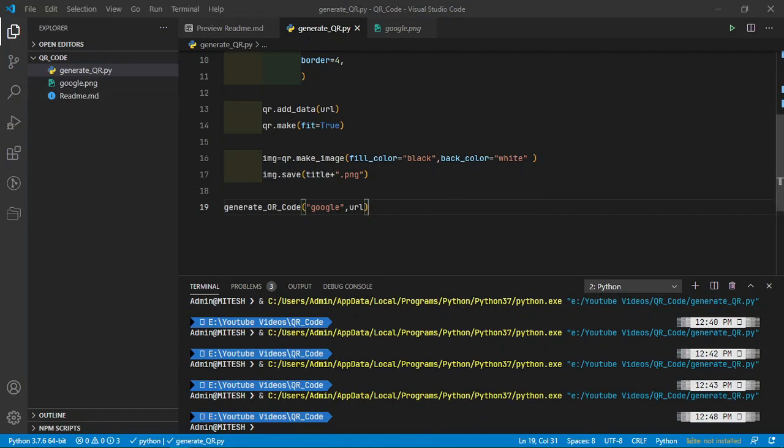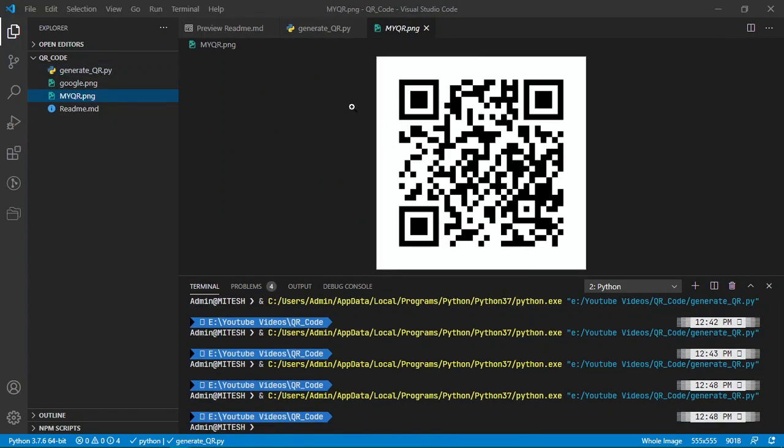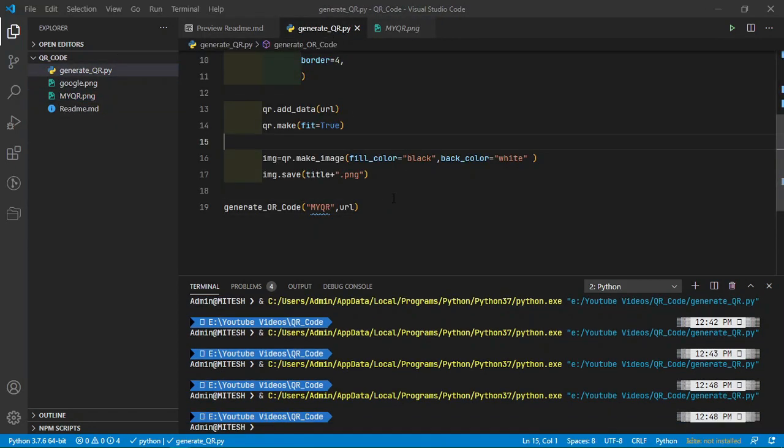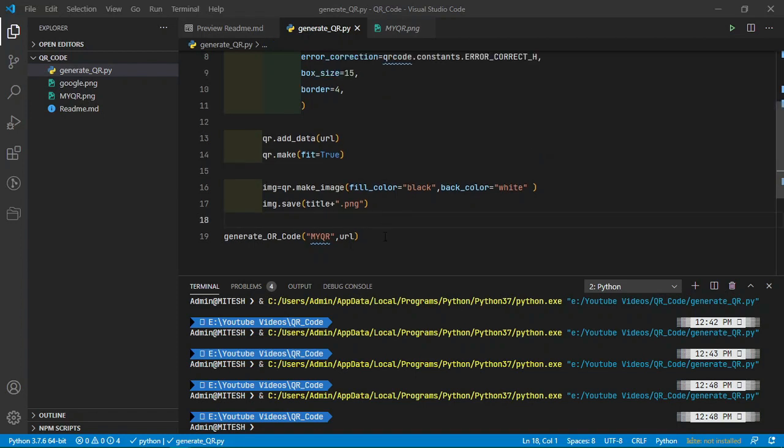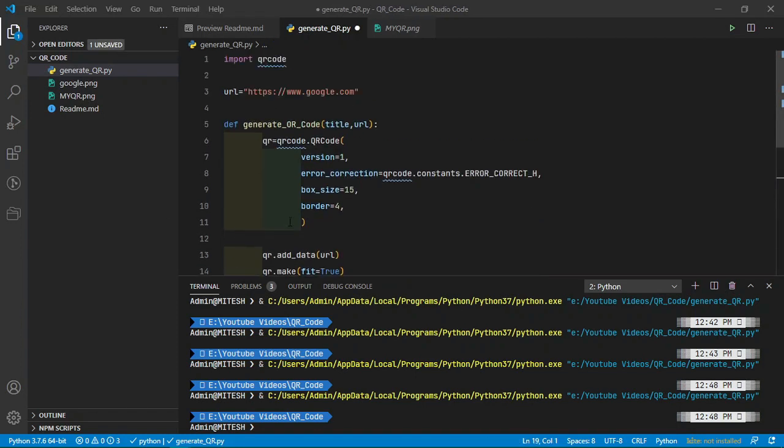Same. Suppose if I change the name to QR or my QR and run this, you can see my QR. It is good. So it is running, and we want